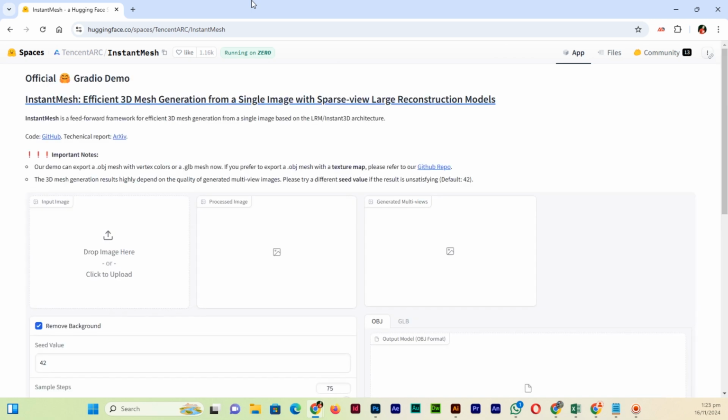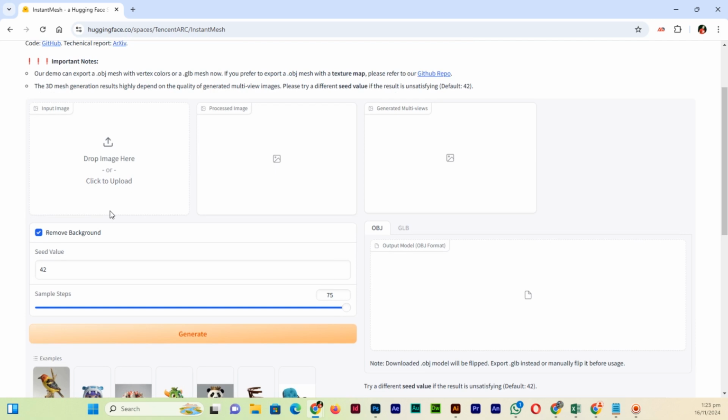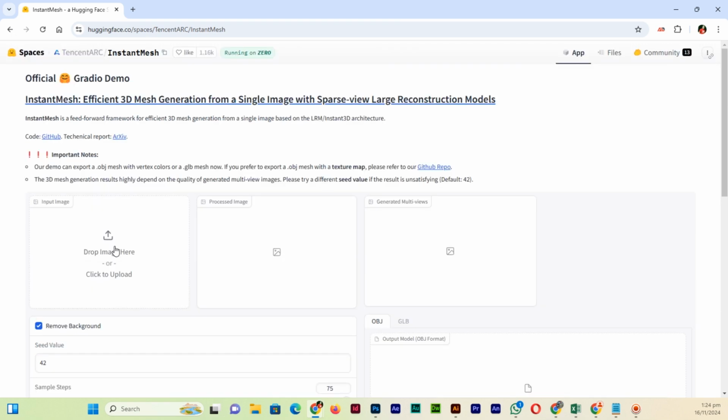This will take a few seconds to load the dashboard. Now the dashboard, you can see here, you can input an image, you can drop an image here, or you can click to upload. Then this image will process and then it will generate multiple different views from different sides. So first step, we will drop the image here. So just click here and select the image,